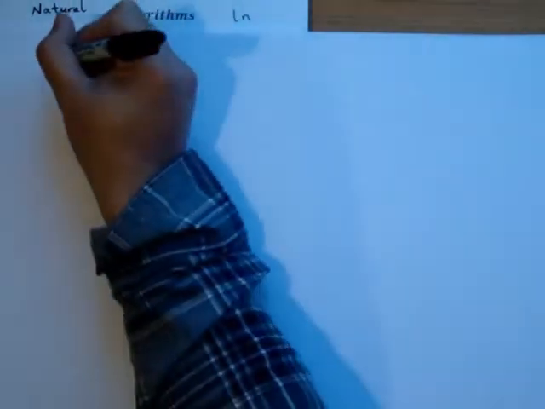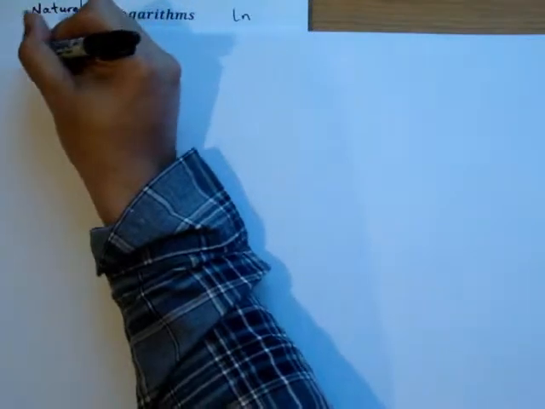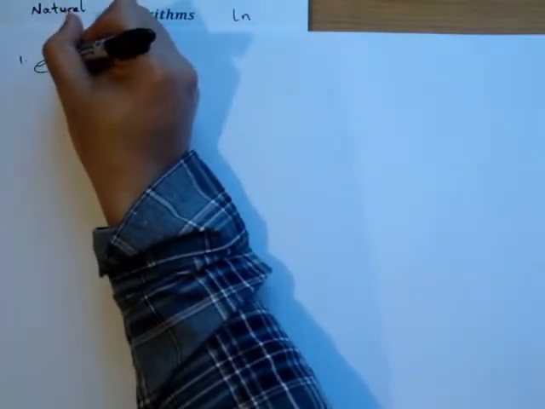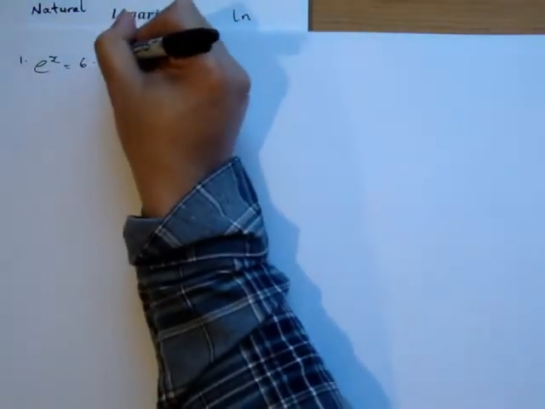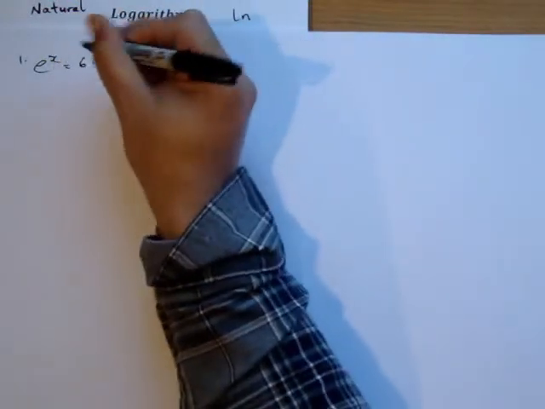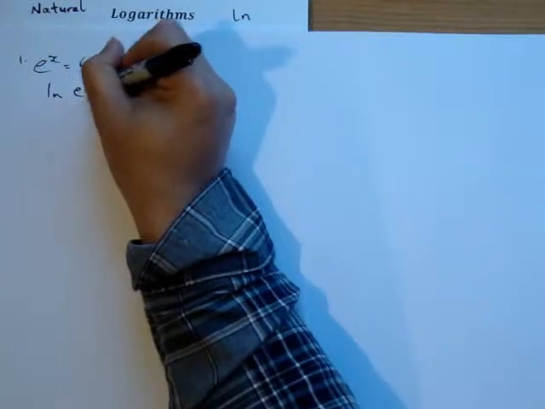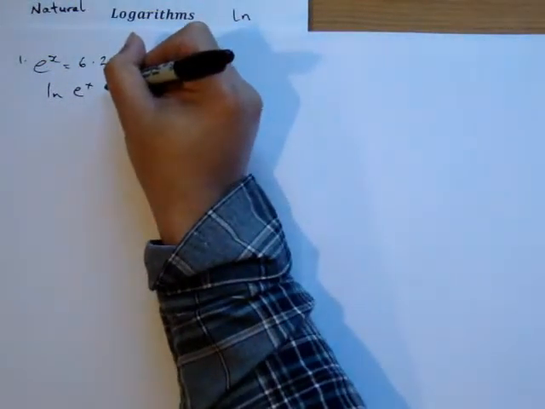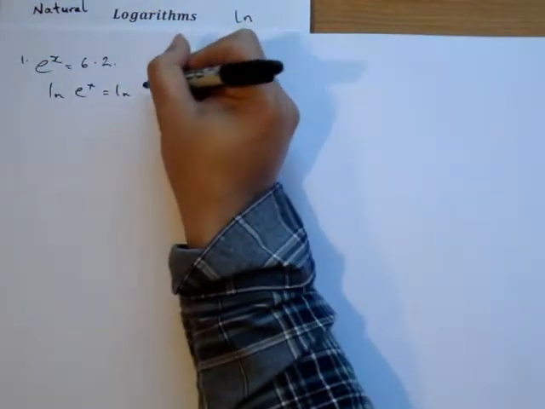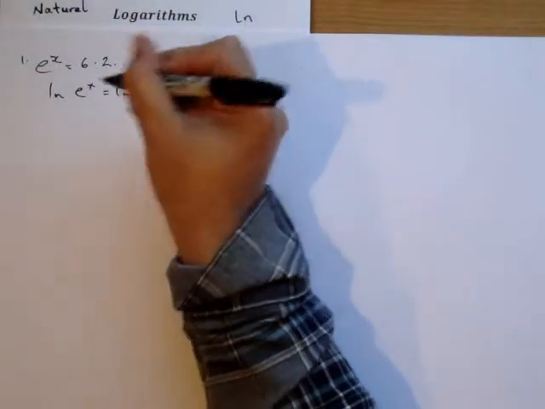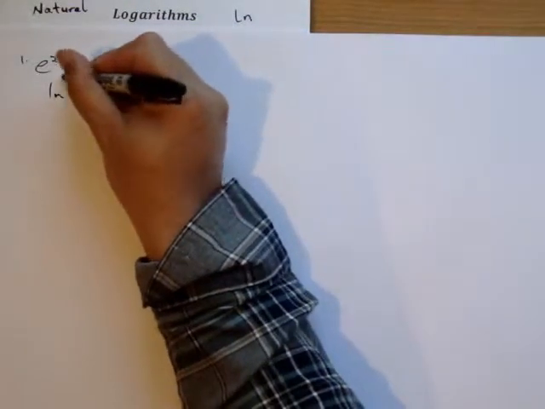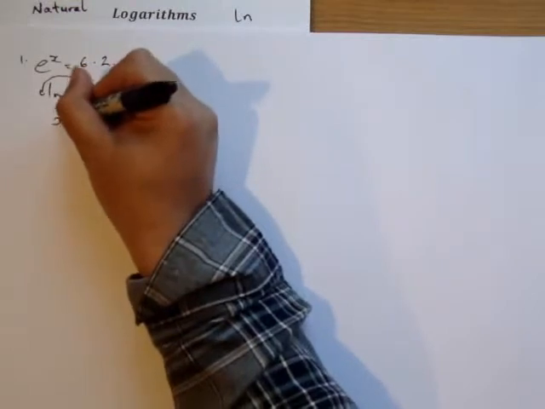If we had e to the x equals 6.2, we take the natural logs on both sides. Natural log of e to the x equals the natural log of 6.2. Bring the x down, so that's x times natural log of e